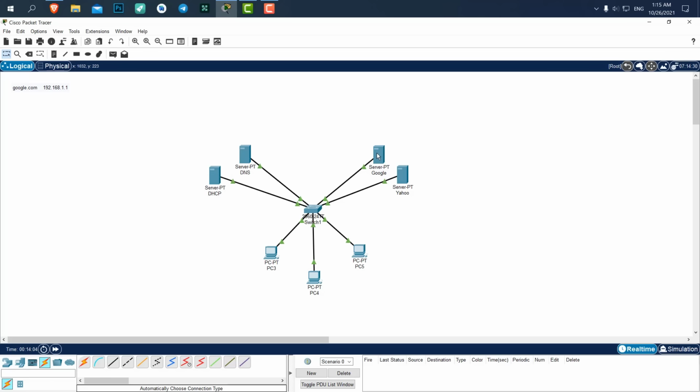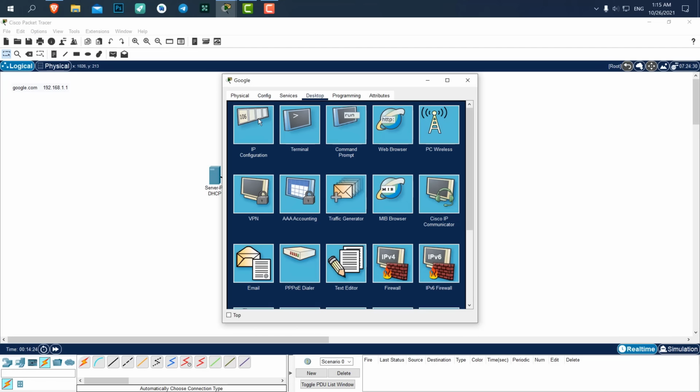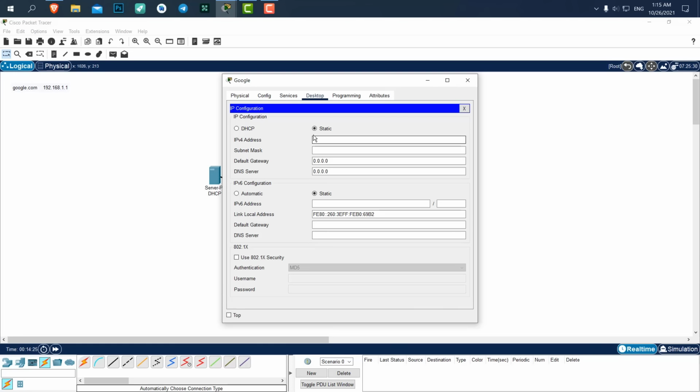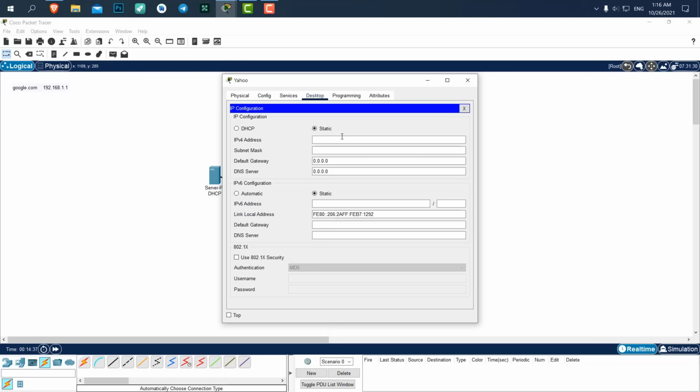For servers we cannot use a DHCP automatic IP address, because it might change when we turn the servers off and on. That's why we need a static IP address. So let's set a static IP address for our servers. Go to the desktop, IP configuration, and in here let's add 192.168.1.1. This is going to be for Google, and I will copy this,